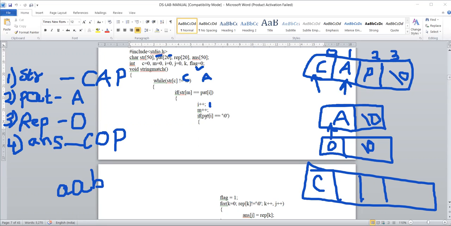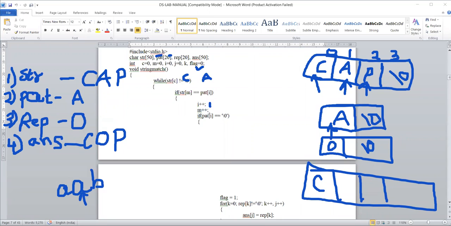So until pattern of I is double equal to null. Now this time pattern of I, P of 1, is equal to null, because there is only one letter, so we get this in the first iteration itself. Otherwise, it will go to the next letter and compare the next letter. If both are matching, then only you will enter this. Getting my point?